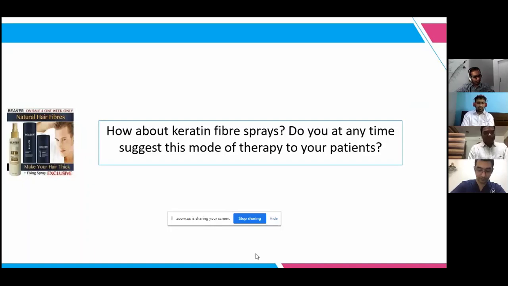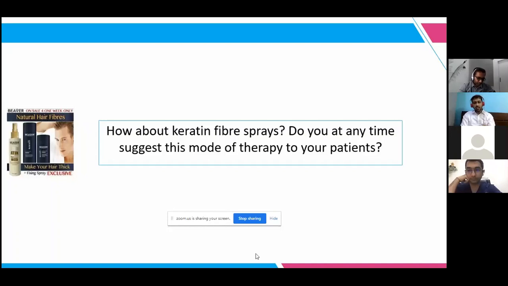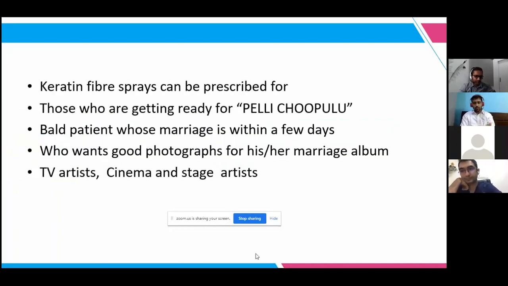How about keratin fiber sprays, Dr. Abhay? Do you prescribe them? A lot of our patients are already using those topical sprays, but maintaining them in the daily routine is a challenge for a lot of people. Some female patients of ours use these regularly. Male patients use them sparingly and can't really continue using them. In my opinion, for those patients who stick with me over 6 to 8 months, and we know they are using their therapies regularly, we add these extras.